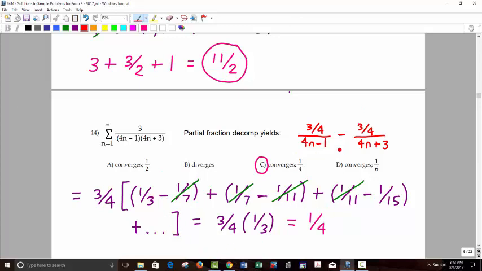Because what happens here, yeah, the difference in -1 and 3 is 4, but you're only left with 1 term here. Now this one, I did pull out the 3/4 just to show you the difference between not doing it and doing it. Your call, whatever works best for you. You just have to remember to multiply it back at the end. So I put in 1, and after these are gone,